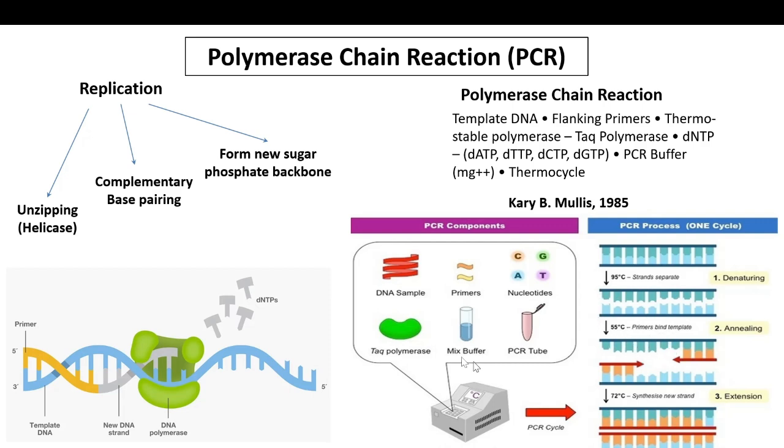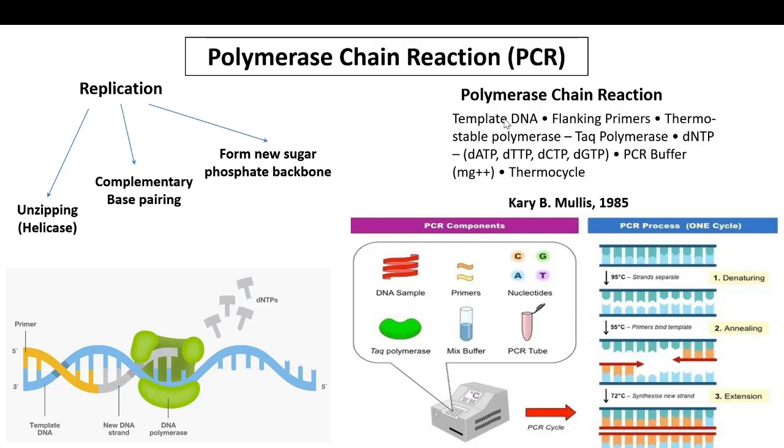But finally, since the Taq polymerase works best at 70 to 75 degrees Celsius, we increase the temperature to 72 degrees Celsius, where these new nucleotides, that is these dNTPs, will sit at the 3' end, and the extension of your chain will carry forward to give you an exponential product in this process, since you will carry out these three processes in cycles, and after 30 cycles you will get millions of copies of your target